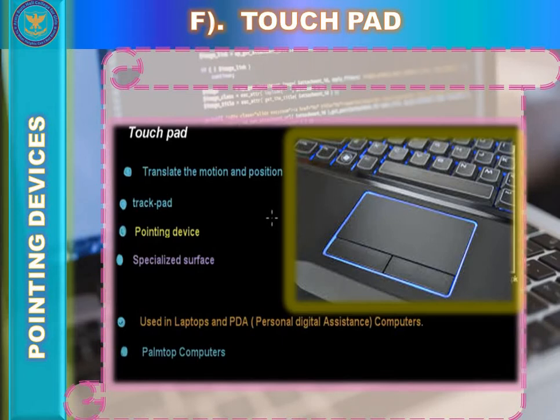Touchpad is also called glide point, or pressure sensitive pad, or trackpad. A touchpad is an input device on laptops and it allows the user to move a cursor with their finger. It can be used in place of an external mouse. With desktop computers you use a mouse, but with laptops, in place of a mouse, you use a touchpad.